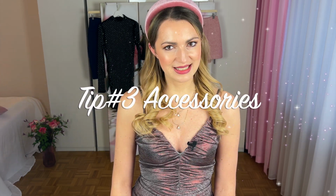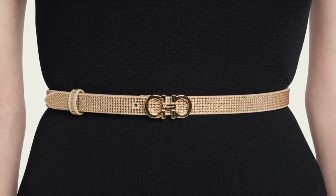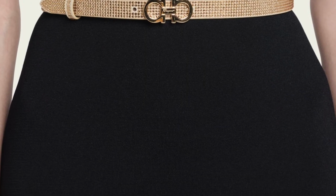And now tip number 3, accessorize wisely. Choose accessories that complement your outfit without overwhelming it. Subtle fine jewelry or a classy handbag, a nice belt or elegant heels can enhance your look and elevate an outfit. That means if you wear a sexy dress and you wear a nice classic timeless designer handbag with it, or a nice elegant belt that is also classy, you can